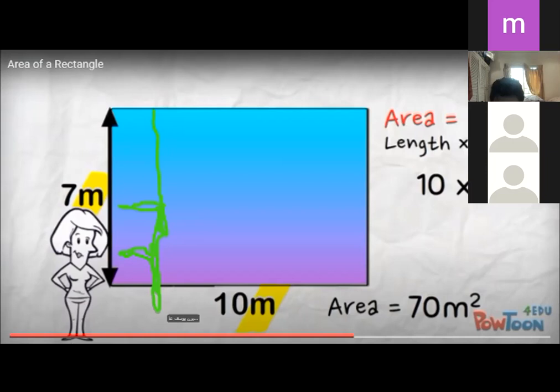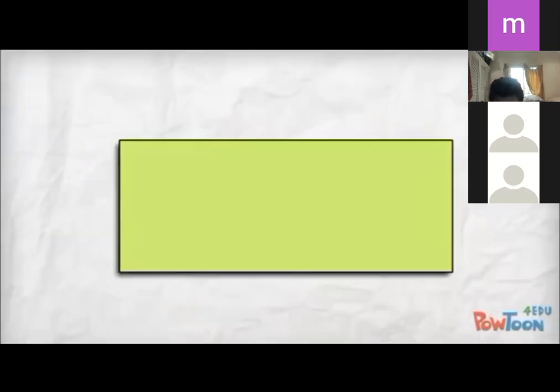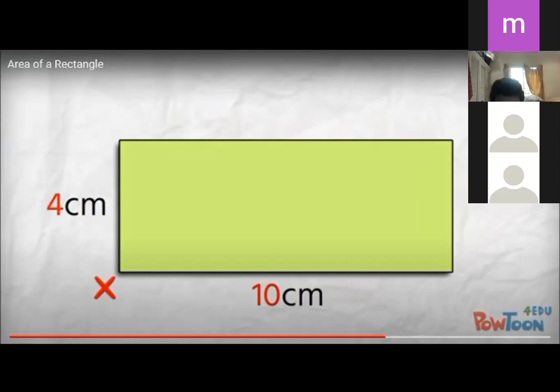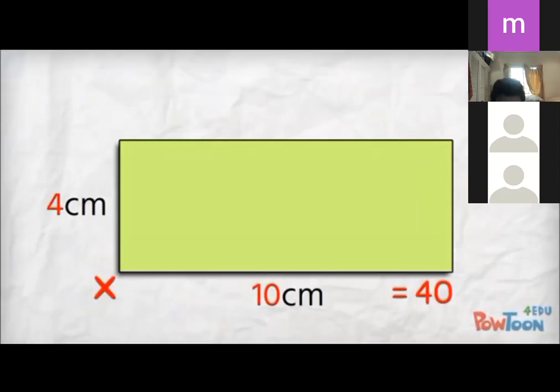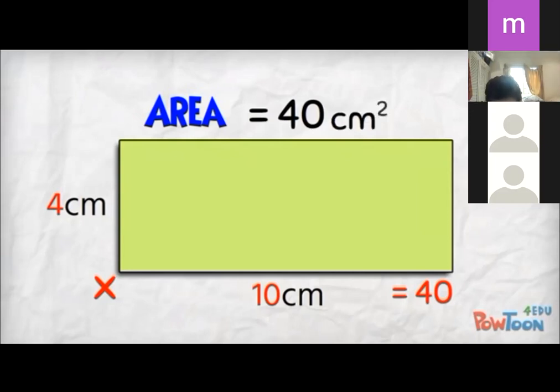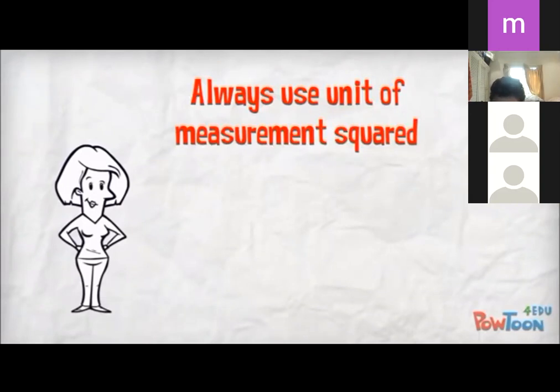Here's one last rectangle. The length is 10 centimeters and the width is 4 centimeters. Area is length times width, so 10 times 4 is 40. The area is 40 centimeters squared. Always use that unit of measurement squared in your answer. If you forget to,